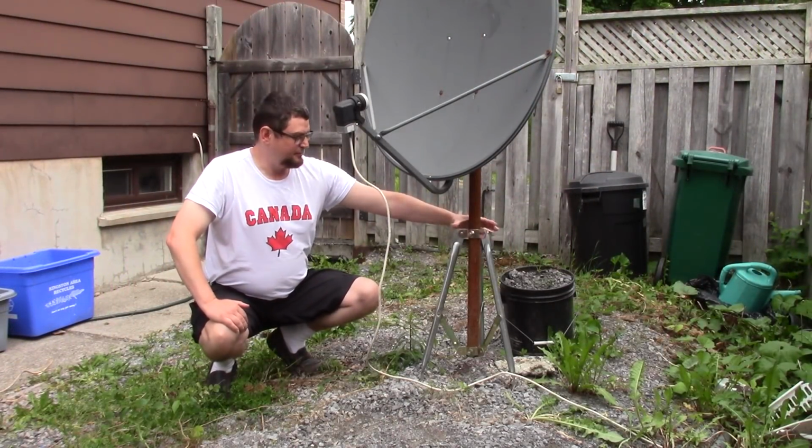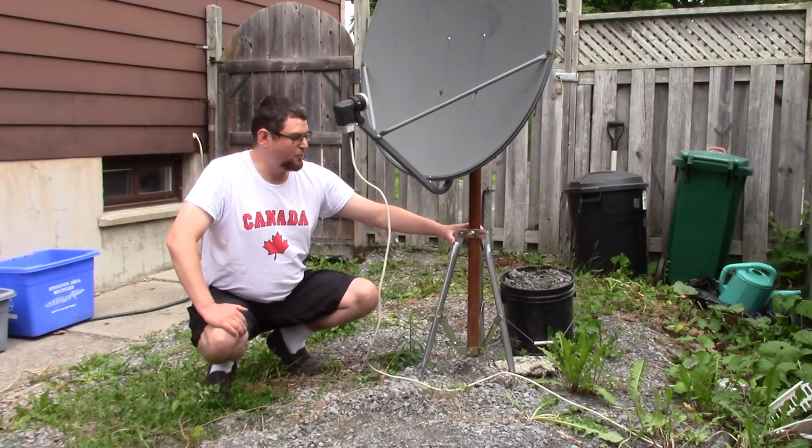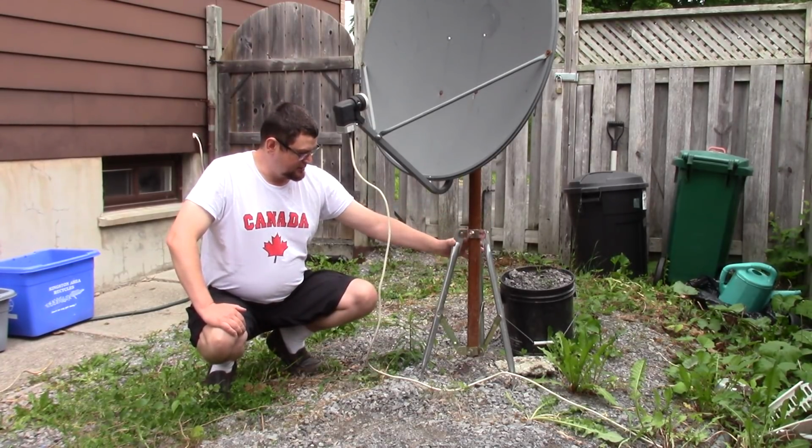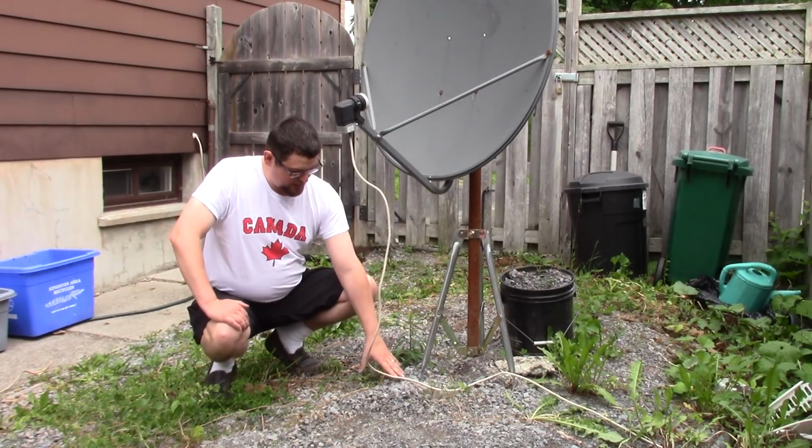Today I'd like to talk about getting a tripod for your dish. Now you might want to set your dish up at a trailer or someplace portable. What I recommend is get yourself a good tripod. Now in this case you can't see it, but I've